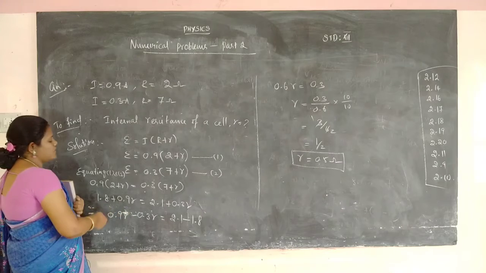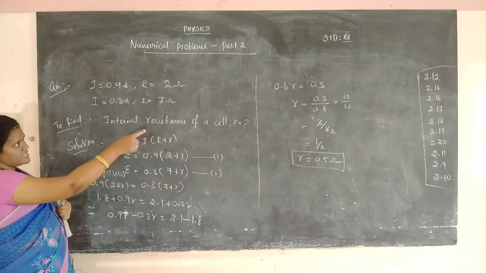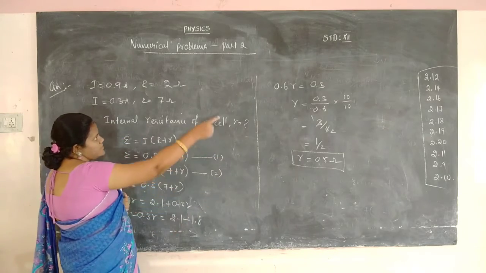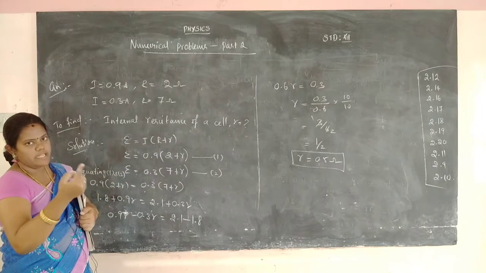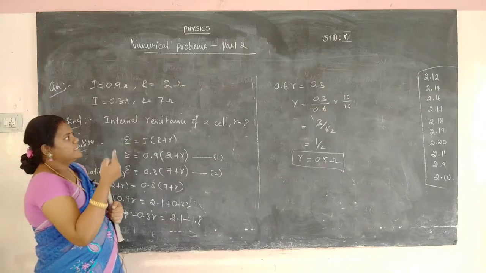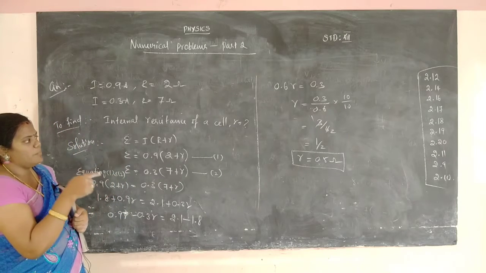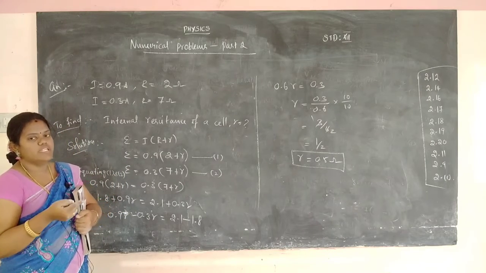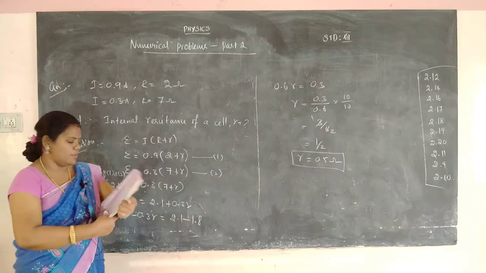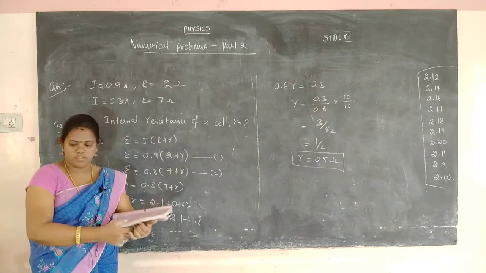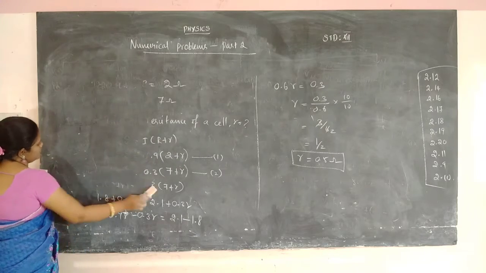Then we take r on one side and the values on the other side. So 0.9 r minus 0.3 r is 0.6 r, and 2.1 minus 1.8 is 0.3. So r is equal to 0.3 by 0.6. Multiplying numerator and denominator by 10, we get 3 by 6, which is 1 by 2, that is 0.5. So the internal resistance of the cell, small r, is equal to 0.5 ohm. Okay, this is the 8th problem. Then we will go for the 9th one. The 9th one has a circuit, so first you have to draw the circuit.